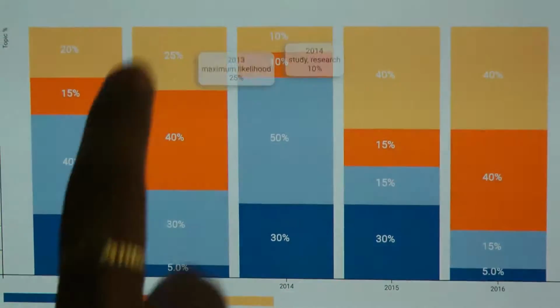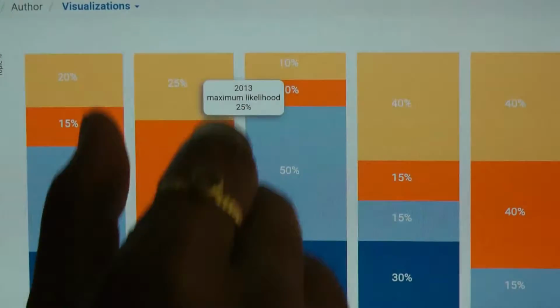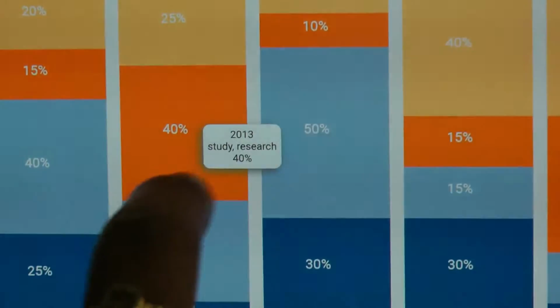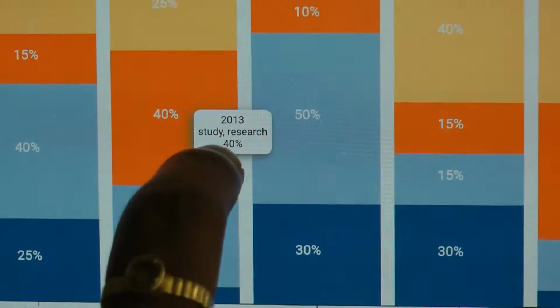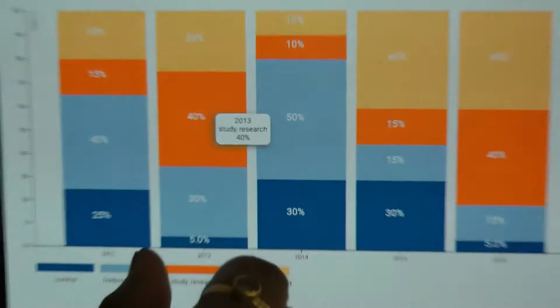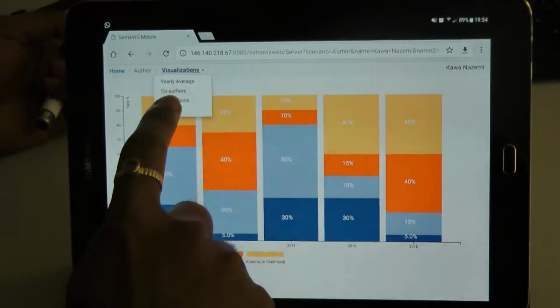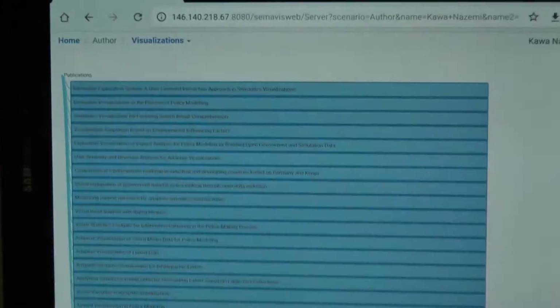As soon as you click on one part of it, it shows you which year, which topic, and how much was the percentage contribution for that topic in that particular year. And last but not the least is the publication metaphor itself, which is showing you the